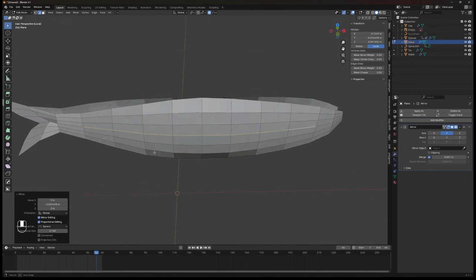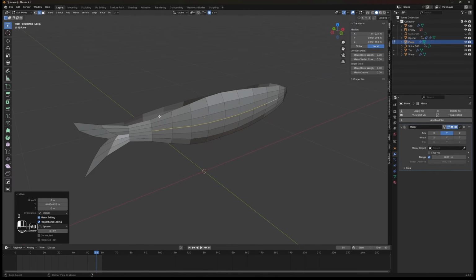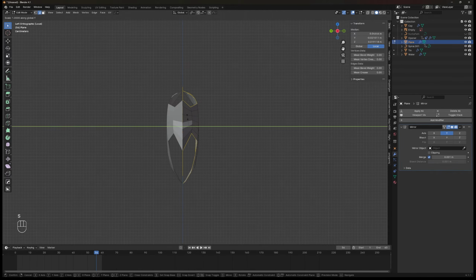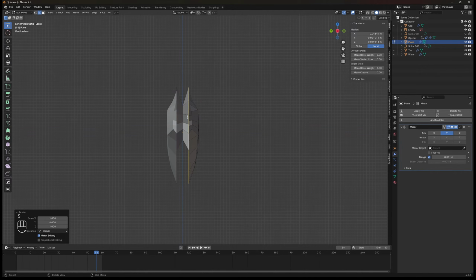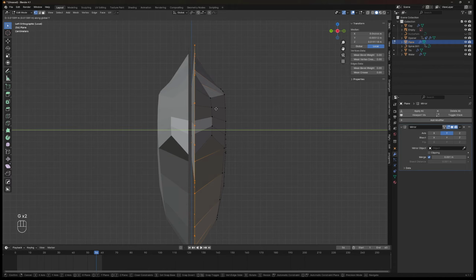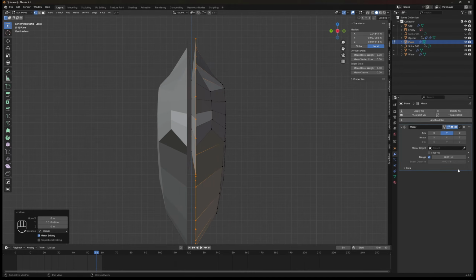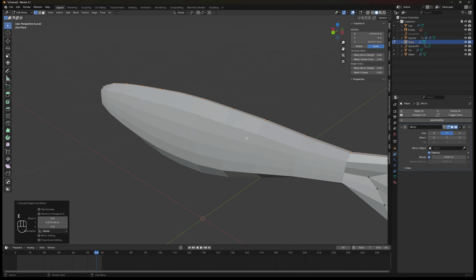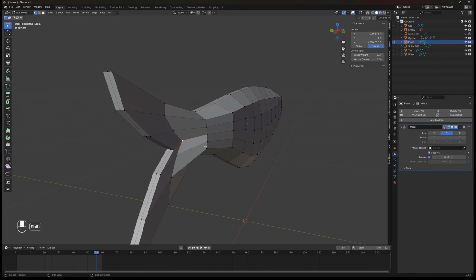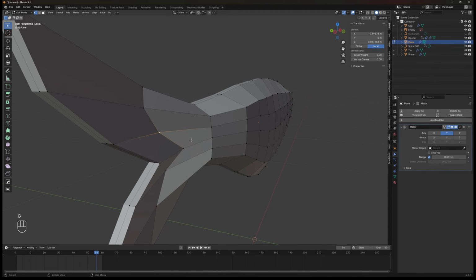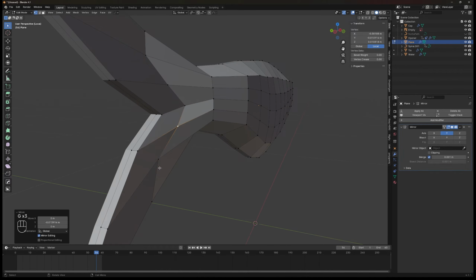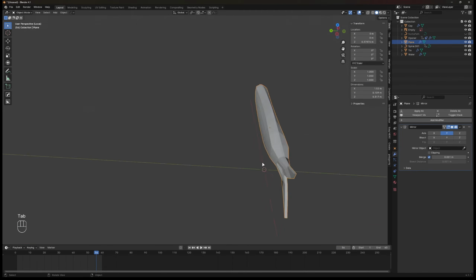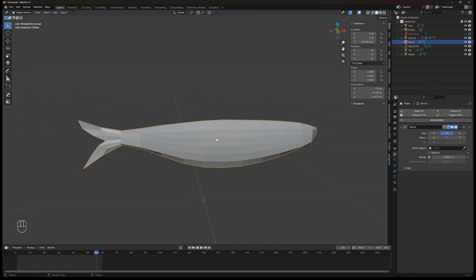Select all the outer edge loop and press S, then Y, then 0 to straighten it. Turn on clipping on the mirror modifier and extrude the outer edge to Y-axis until it's connected in the middle. You could play around with clipping on the mirror modifier to adjust some vertex, and make sure there is no overlap vertex on the middle except for the outer vertex.